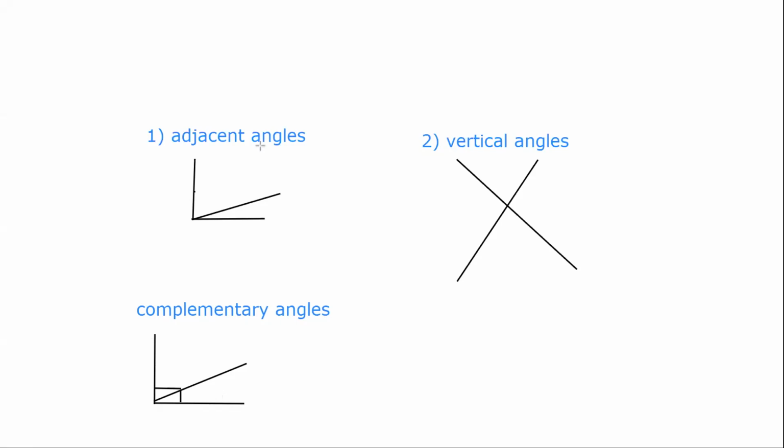For the fourth one, it's called supplementary angle or angles. Supplementary angles are two angles that if you add them together, it will be 180 degrees, as if they are forming a straight line. You know that the angle of a straight line is 180, right? When I have a straight line like this,